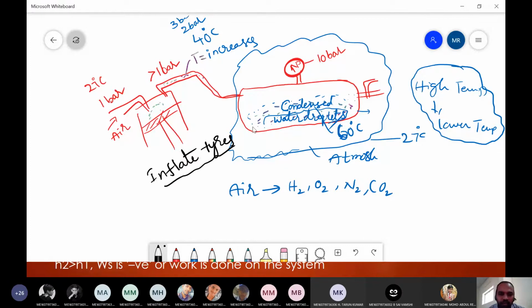So during the compression, during the condensation process, water droplets will be formed, and compared with air, water has higher density. Therefore, water settles at the bottom inside the tank. And if you observe, there will be one more small valve at the bottom. So what is the use of this valve?